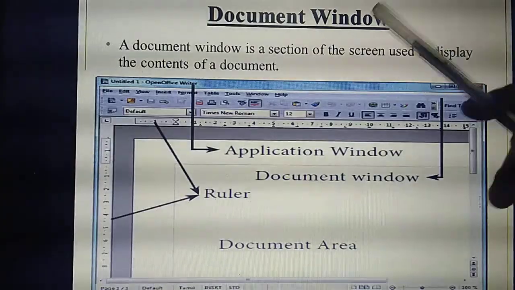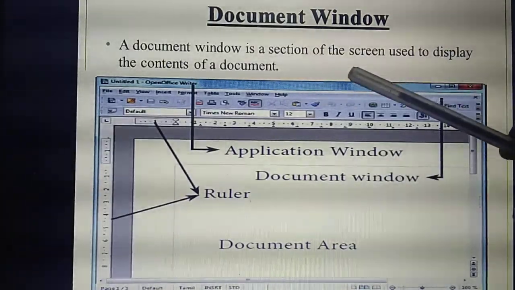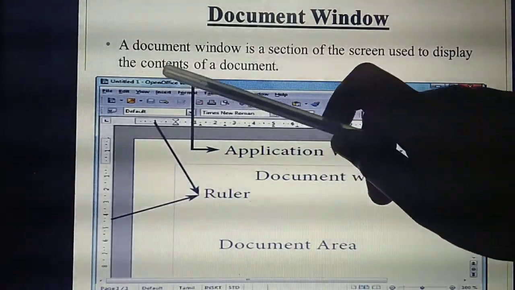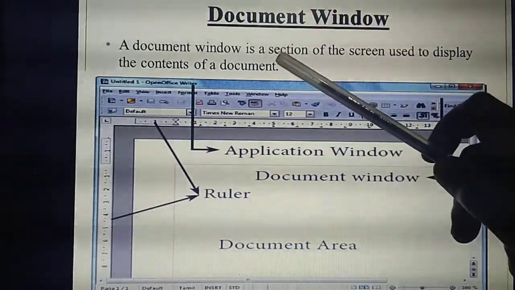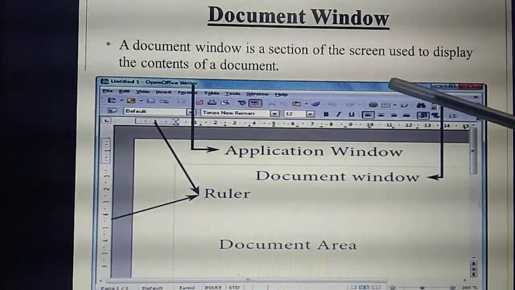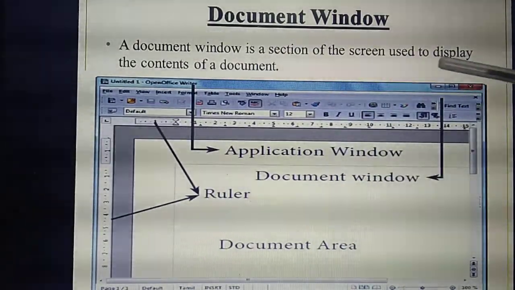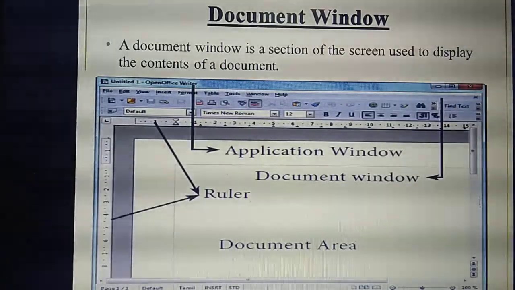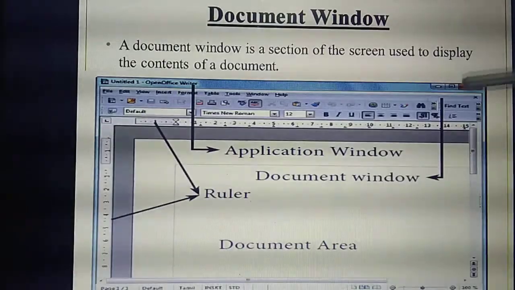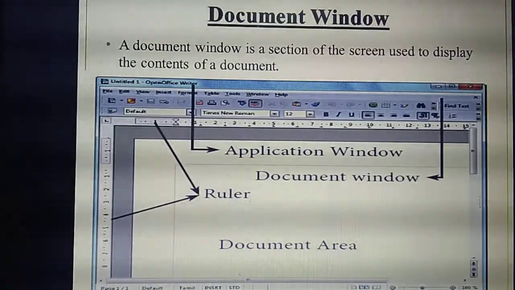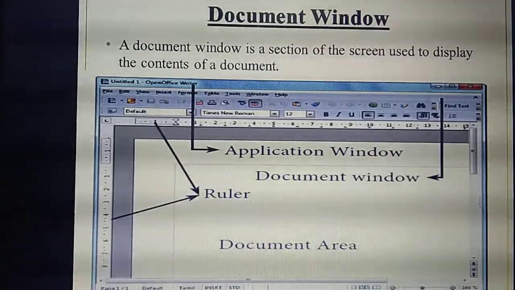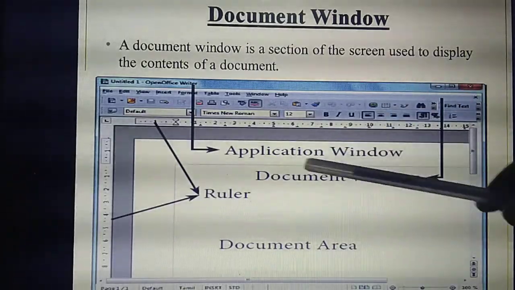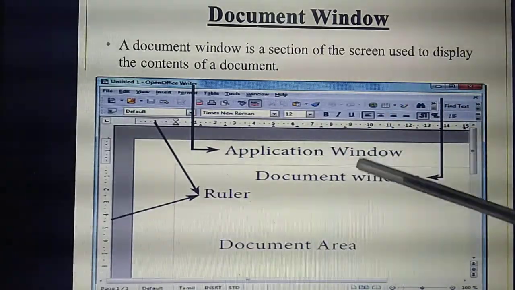In the application window, I explained with the same picture. What are the things I explained in the application window? Title bar, then window control buttons, menu bar, tool bar, then scroll bar. These things I explained in the application window. Then the document window means this white color area is visible to you.